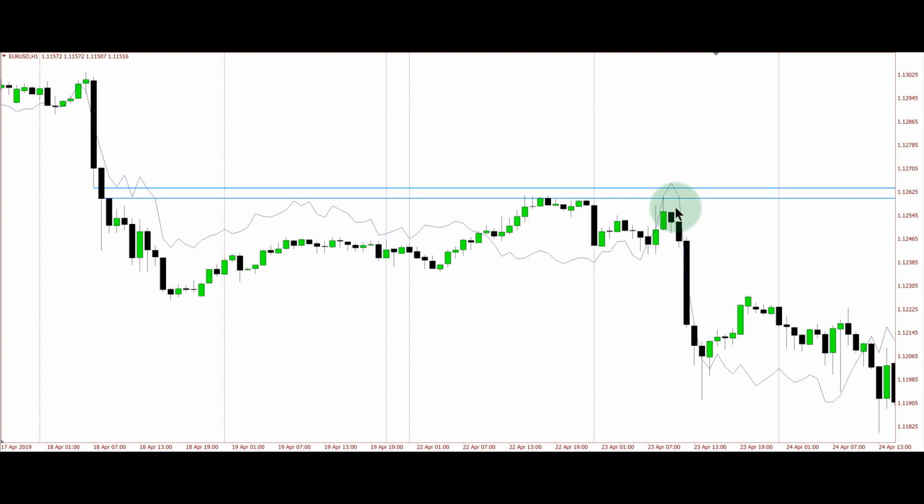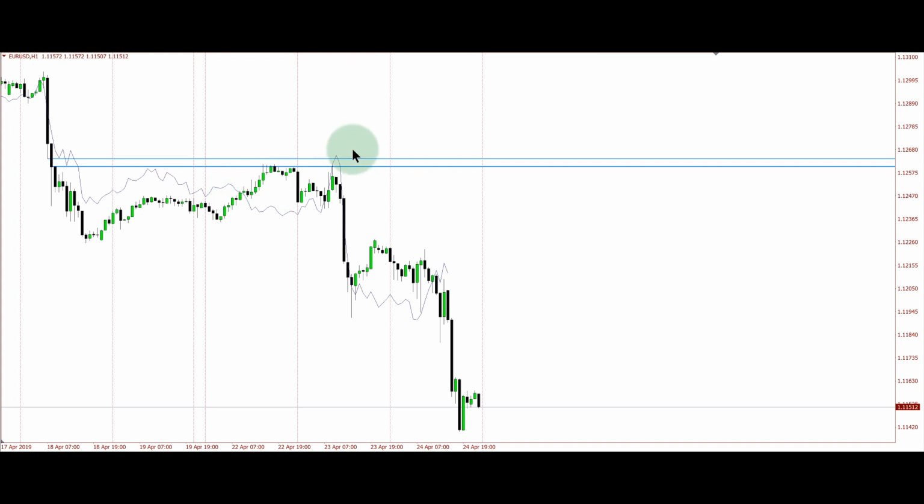Okay, so I don't need that. I don't care for that to be there. It doesn't need to be for my setups. So that's what we have here on the euro dollar. We had heavy distribution. Euro was unable to make a higher high relative to Monday. Big distribution day. And then the market coming off of its lows on Tuesday and then rolled over during today